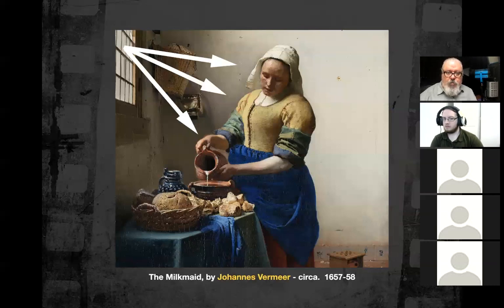Here's a nice one from Vermeer. Vermeer was one of those guys who preferred the quality of light that came through a studio window. And so he had a studio on, I think it was the third floor of his home in Amsterdam. And he always put his subjects in the same corner of the studio where he could have access to the open window and the sunlight, the indirect sunlight that would come through that window. And so he would always put his subjects in that corner, and then it would just be a difference of costuming